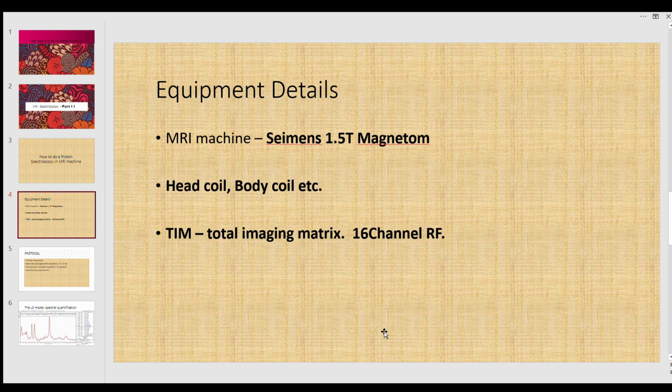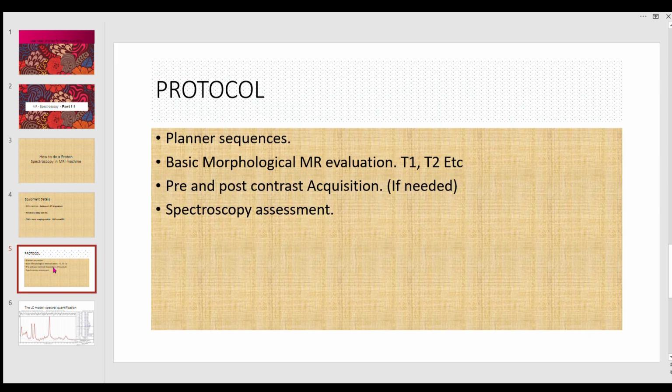It basically means that you can stitch up images. You have a longer coil so that you can acquire a longer part of the body in one go, which reduces the time factor significantly for MRI acquisition. Other than that, everything is basic. We have single voxel acquisition and multi voxel acquisition. We can take chemical shift imaging as the baseline study. If you want to understand what CSI imaging is, go through the CSI part which I mentioned in our physics section. Right now we'll go ahead with the next part.